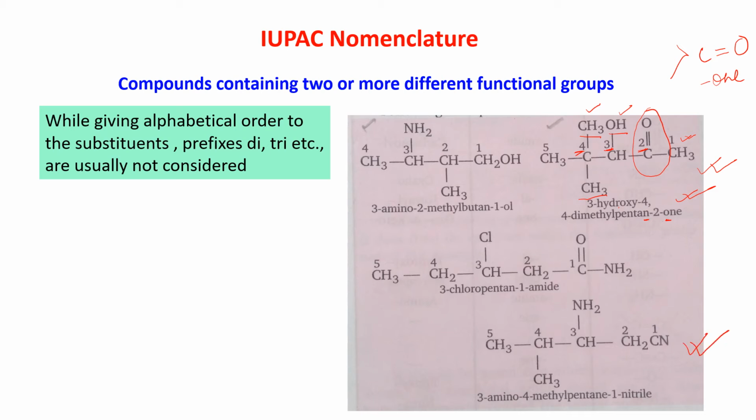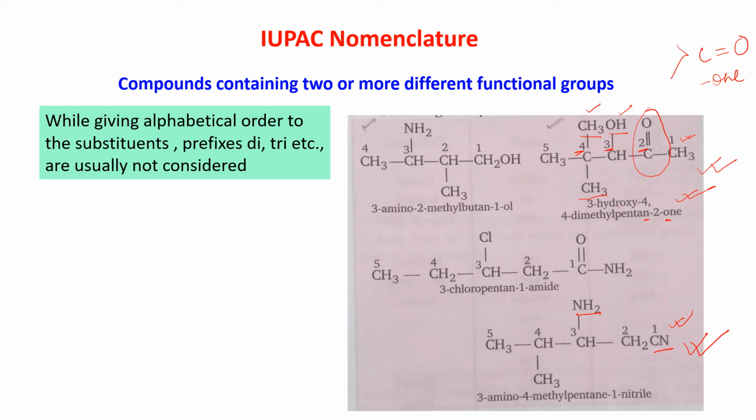Let us see this one. Now here we can see that there are 3 groups. One is CN, another is NH2 and another is CH3. Now out of these 3, CN is coming first, then NH2 and CH3. So CN is the leading group, that means it is the secondary suffix. So it is getting the least number, so it is getting 1 because it is starting with C. So this C will be getting number 1, and rest all, NH2 and methyl, are the substituents.